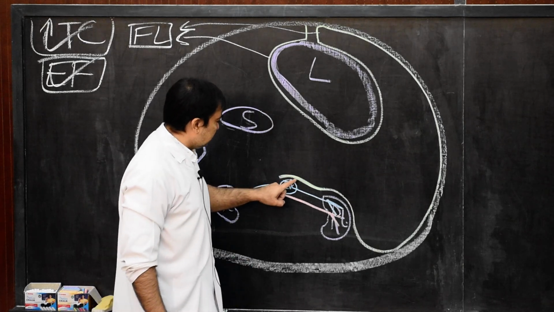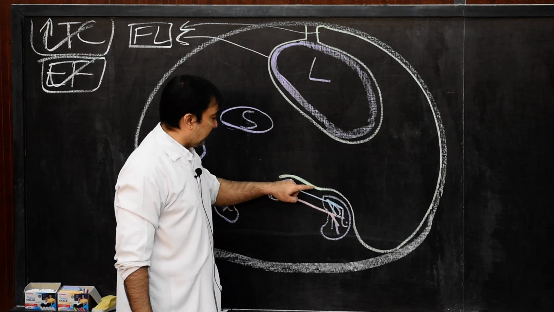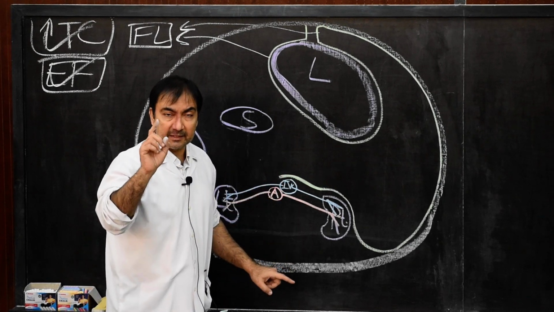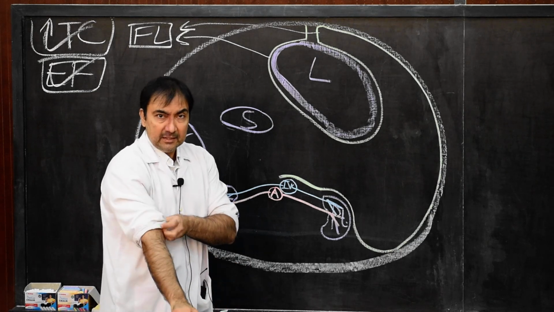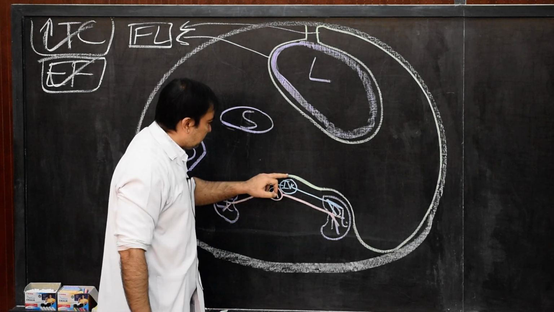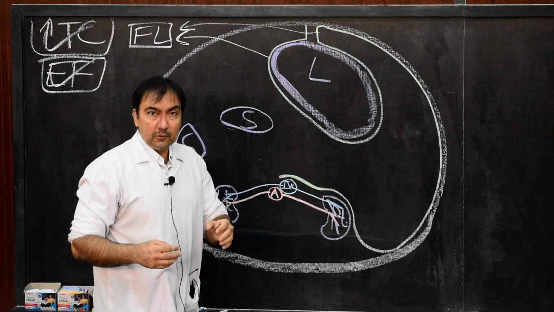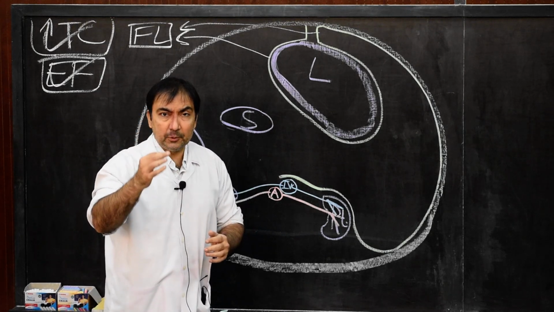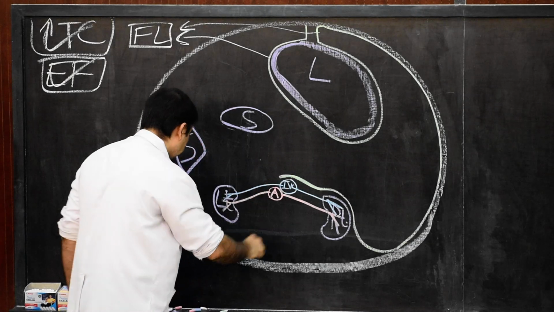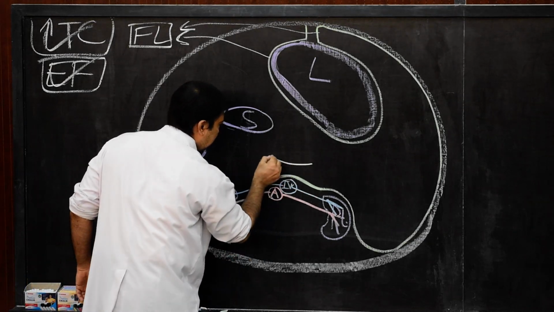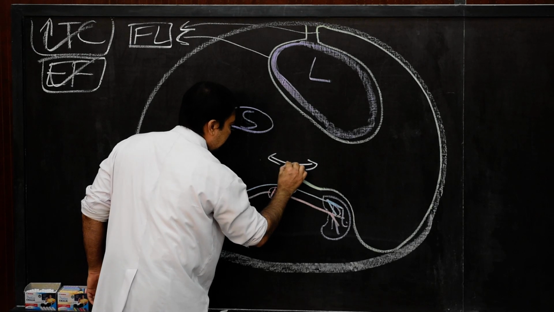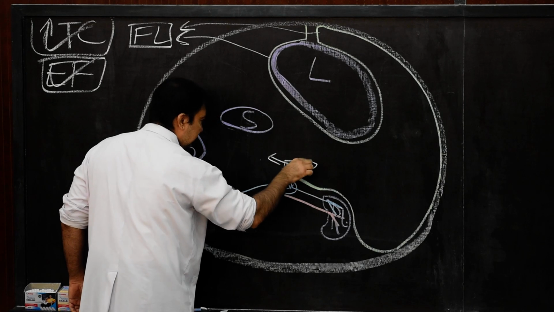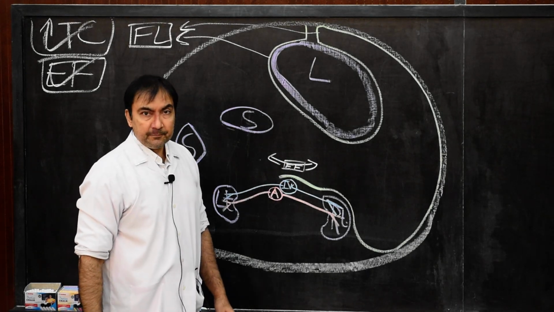So here it is continuous in front of inferior vena cava. The peritoneum is continuous anterior to inferior vena cava. At this particular point, remember, this peritoneum will form the posterior wall of epiploic foramen. So therefore, if I put an arrow over here, this will be known as the epiploic foramen. This arrow is the epiploic foramen.